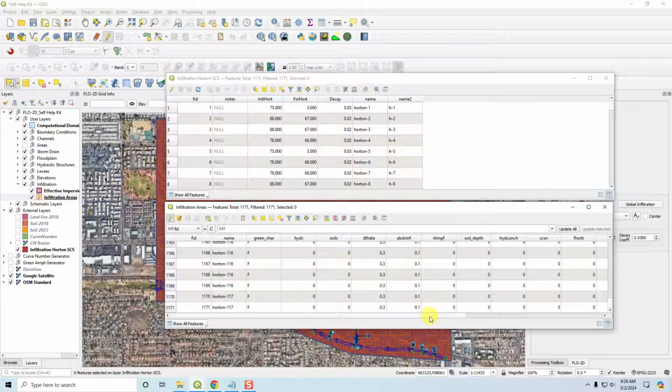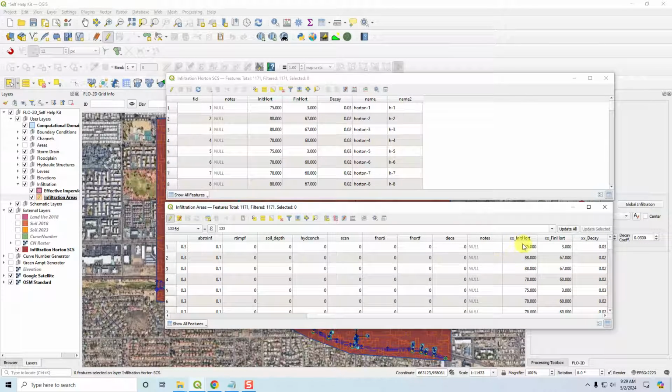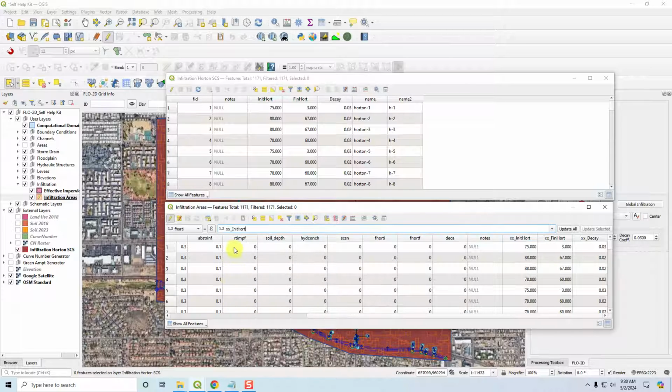You can see that I now have these three tables: initial Horton, final Horton, and the decay. And they're in the correct location, but now I need to move that data to these three fields. And that's really easy. So if I set this to Horton I, which is initial, I can set this to initial Horton, and then I can just click Update All, and you can see that it'll just copy those values